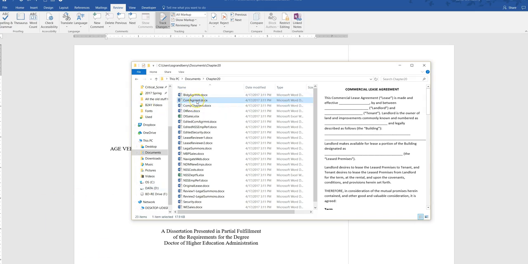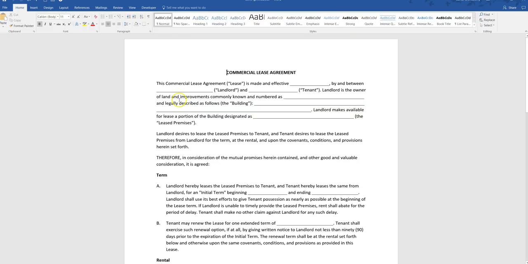I'm going to start out by talking about comparing documents. So I'm going to open the COM agreement that you do in one of the exercises. It's a commercial agreement. This is the original one. It's made with an effect. And then if I open the edited one,